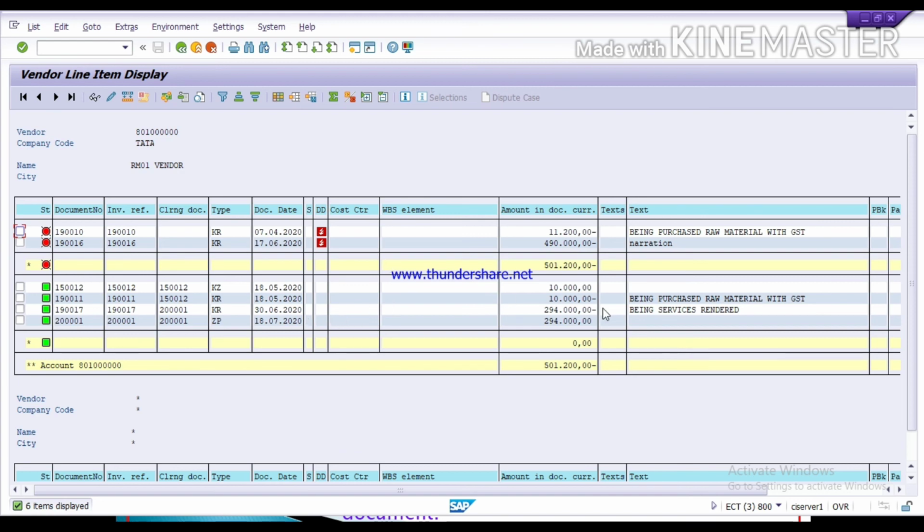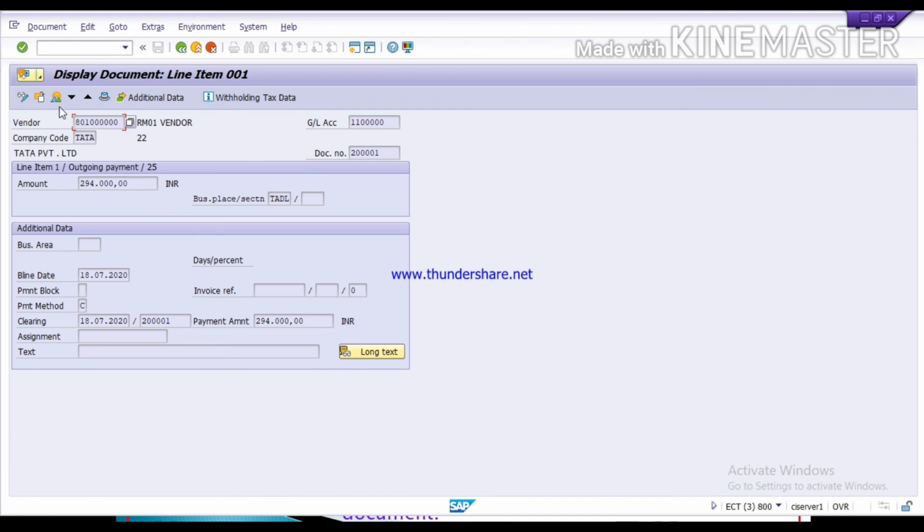Against this vendor, invoice on 30th of June 2020 is your invoice with the amount of rupees 2,94,000. Your APP clearing document is ZP. It has cleared your vendor invoice on 18th of July with the amount of rupees 2,94,000. So if you want to check the detail of this clearing document, so double click on it and click